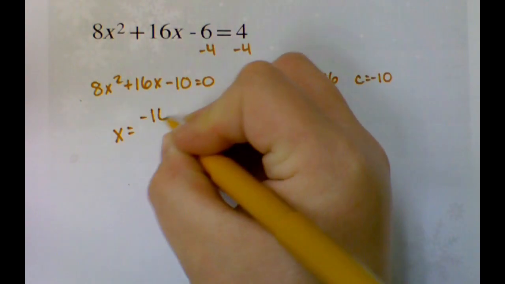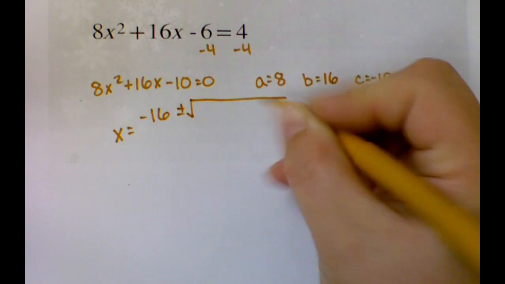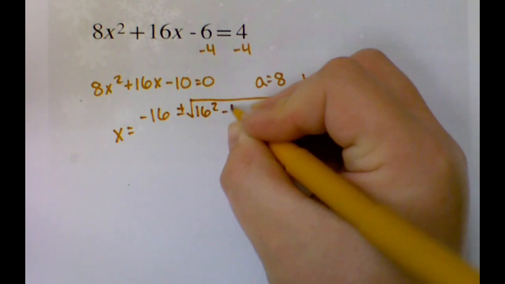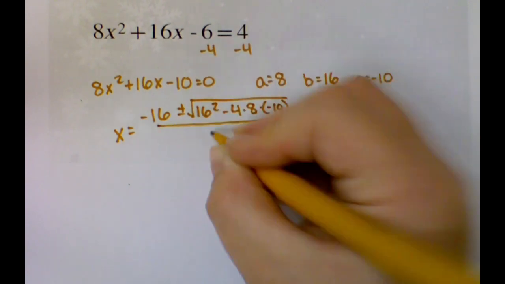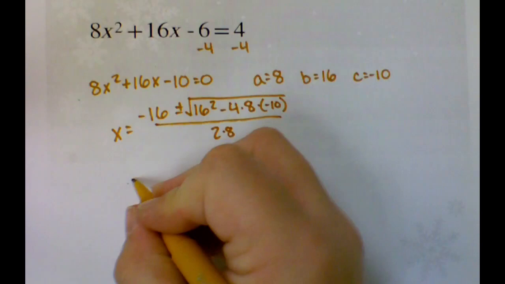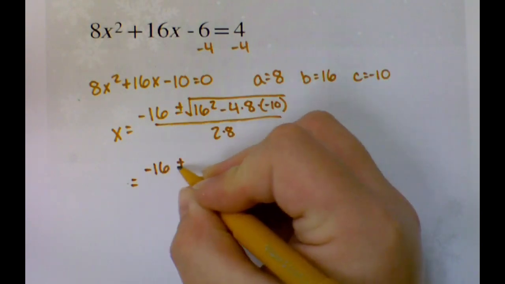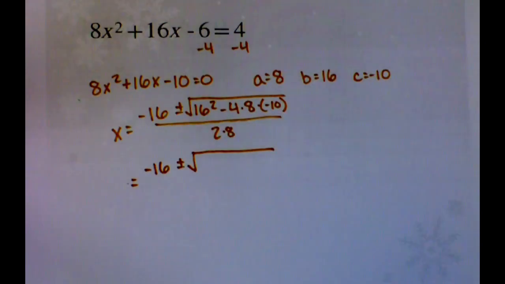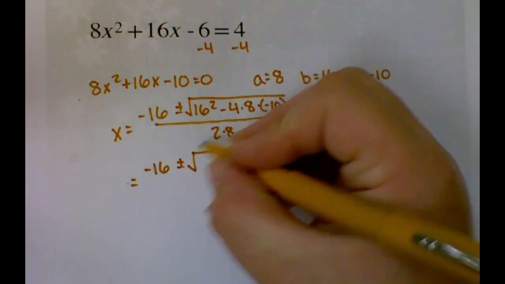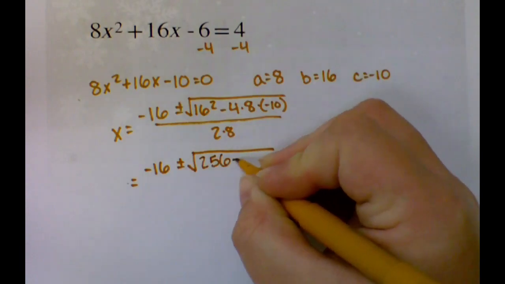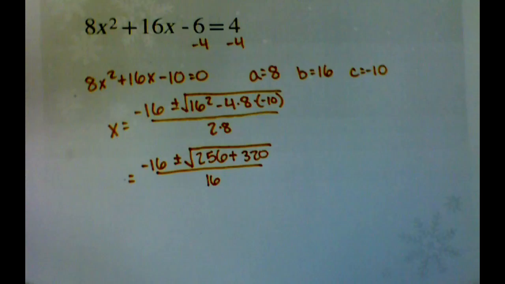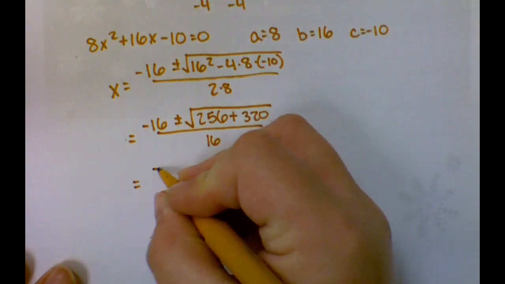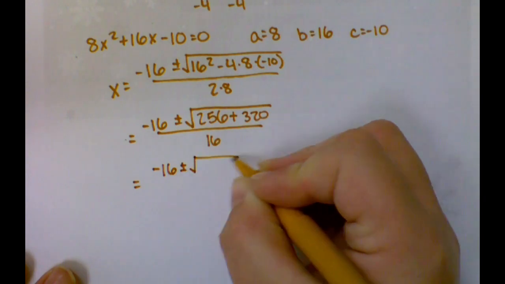A is equal to 8, B is equal to 16, and C is equal to negative 10. So negative 16 plus or minus the square root of 16 squared minus 4 times 8 times negative 10, all over 2 times 8. Simplifying makes it negative 16 plus or minus the square root of, I don't know, 16 squared off the top of my head, 256 plus 320, all over 16. Add those numbers together inside my square root. I get the square root of